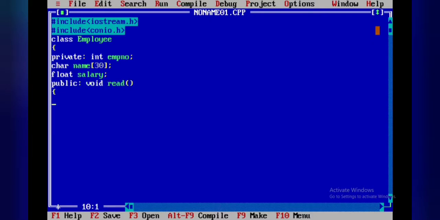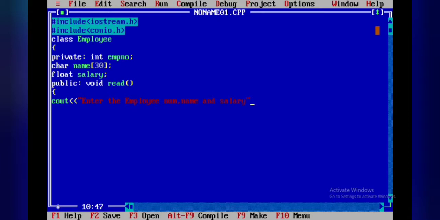What are the member functions here? Read and display. In the read member function I have to take employee number, name and his salary. So cout enter the employee number, name and salary.